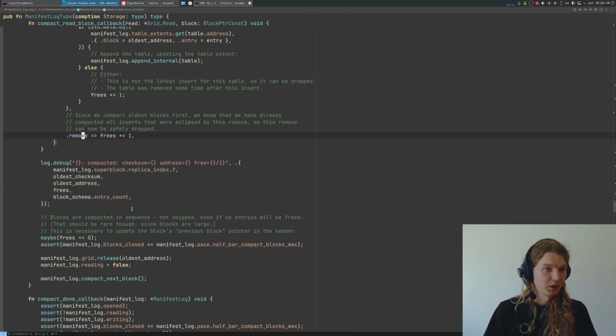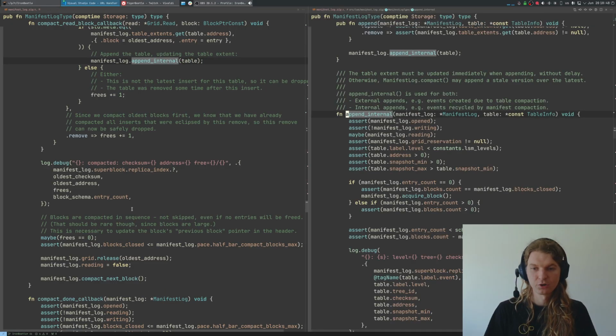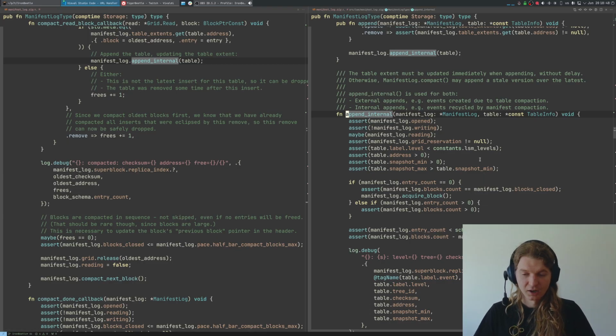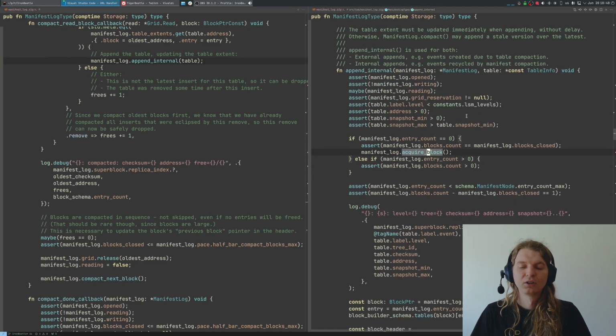Okay, so let's take a look at this append internal. It should write into the internal in-memory buffer with the block which we are currently filling. So we see that if we don't have